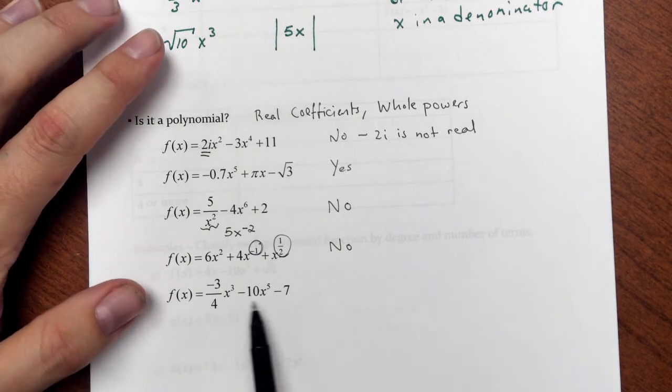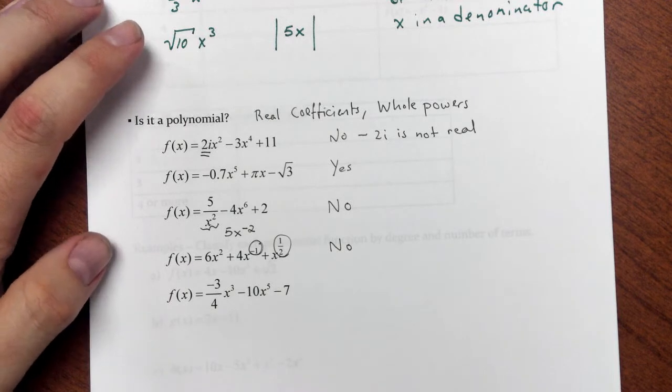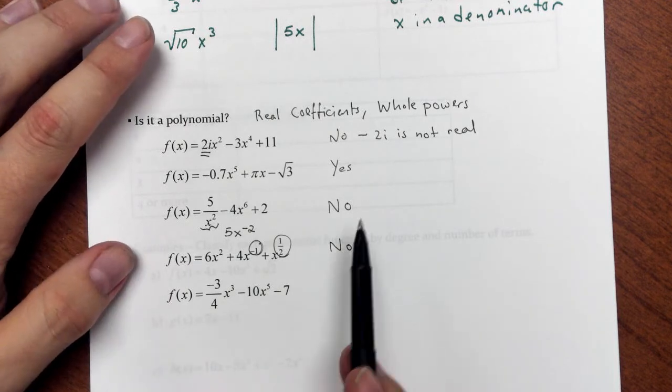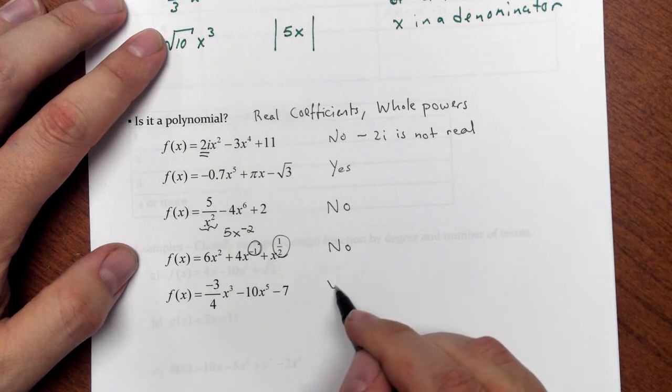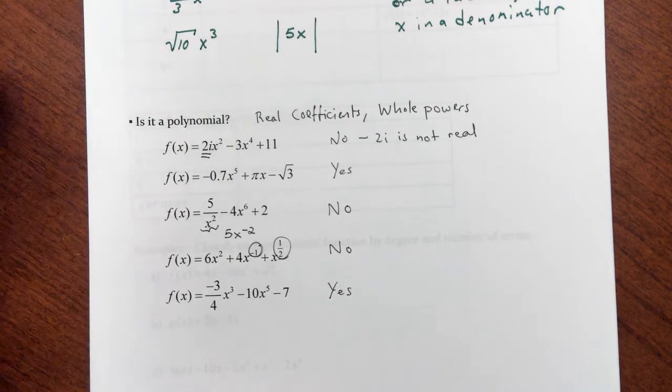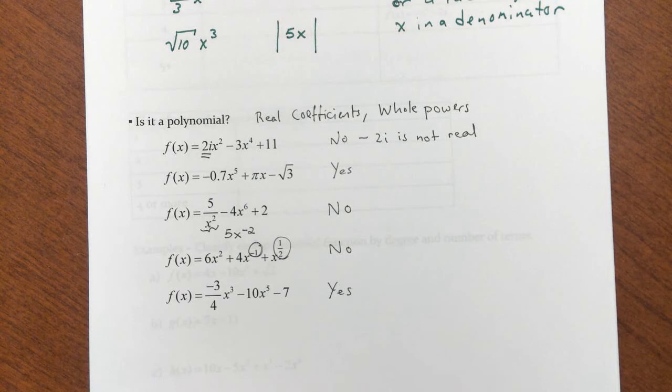Negative 3/4, negative 10, negative 7, certainly all of my coefficients are real. If I look at the powers, I see x cubed, 3 is fine, x to the 5th, 5 is a whole number. I have a constant, which is also fine, so yes, this is most definitely a polynomial. All right, so once we understand what a polynomial is, understanding this idea that we need real coefficients, we need